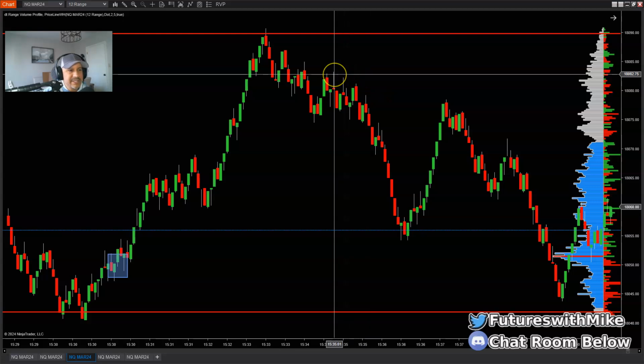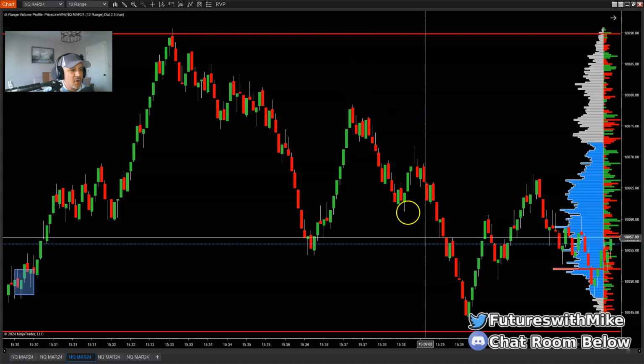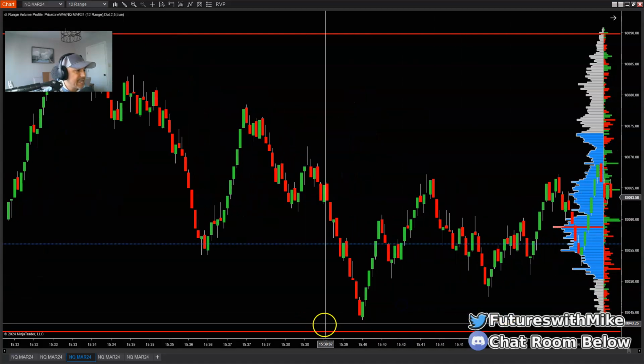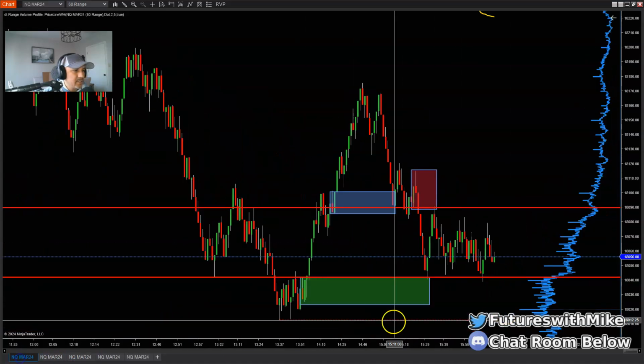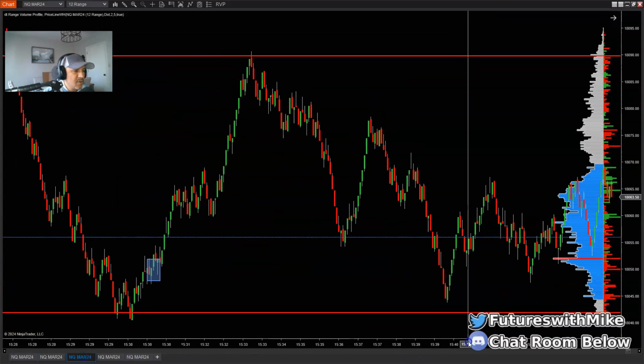So maybe you had your stop resting right here above at 82. It never comes back there and stops you out before it goes all the way down there and it runs all the way down there to 39, I said, no, 40. Runs all the way down to 40, squeeze this in the 12 range.